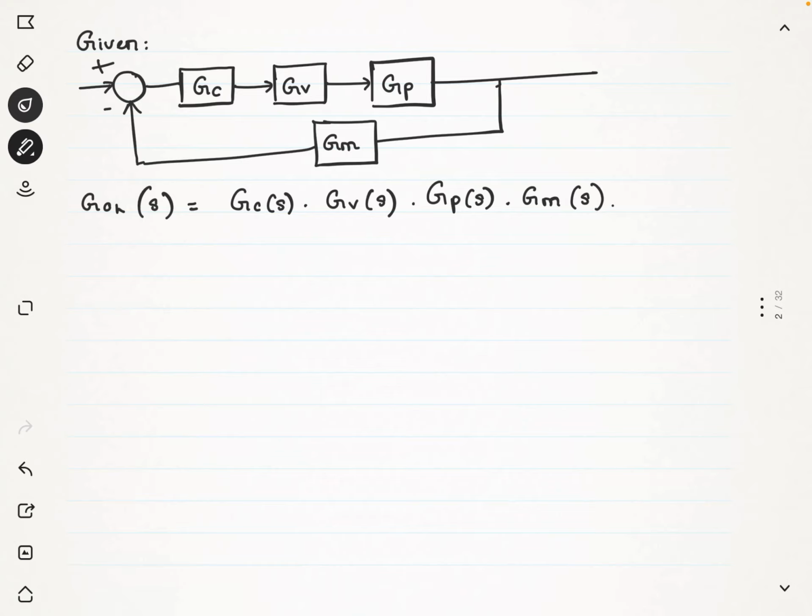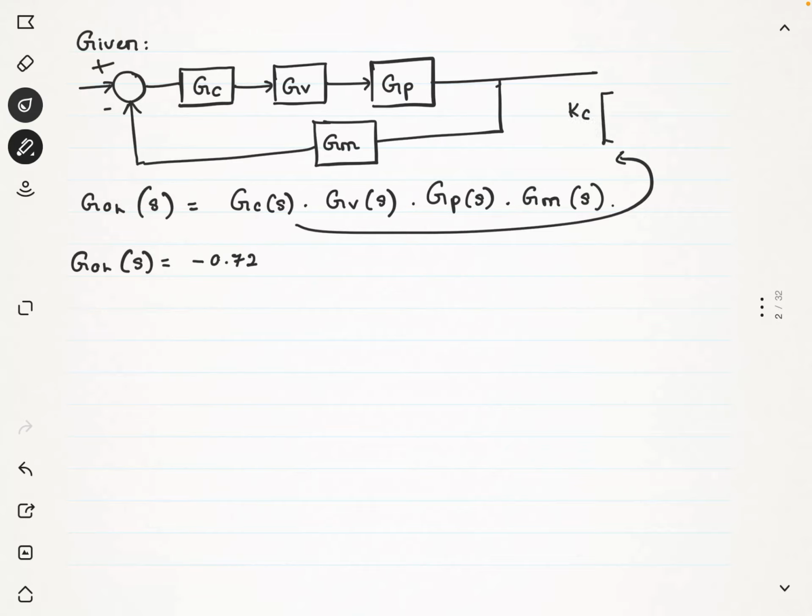And if I substitute all the values given in the question, what I would get is, so the controller's transfer function should be, let me write it down here,